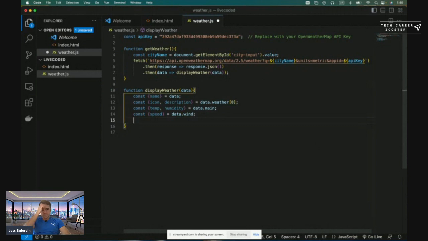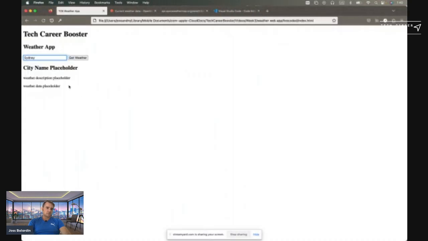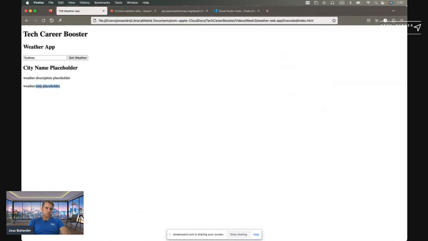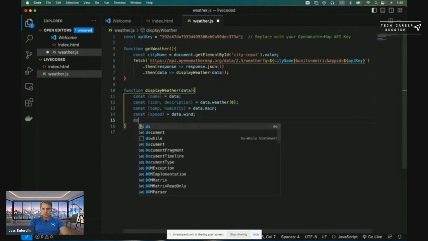And then we want to actually put that on the screen. We want to display them where? In our placeholders. So if we get back to here, we're going to have our city name, our description placeholder, and our data. So how are we going to actually put that in these placeholders, how are we going to display that data there? As I mentioned to you guys, we use the DOM, the document, to make JavaScript interact with our HTML. So we're going to be using